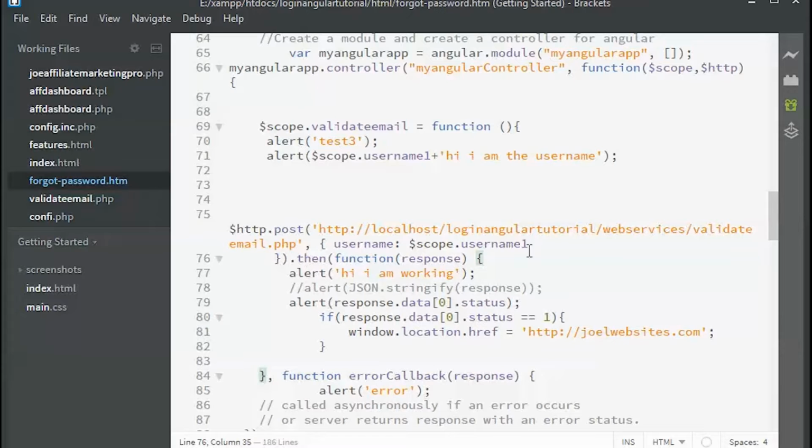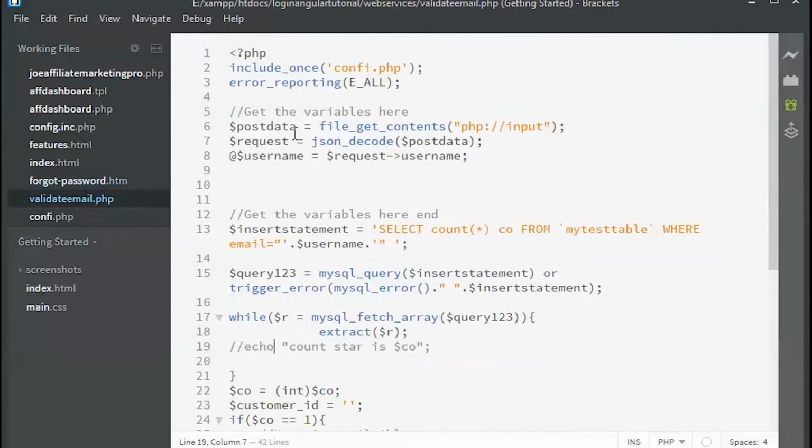So when this URL is called and this username is passed, this validate email will get the parameter from the request, that is the username. I typed in Joel J Fernandez @yahoo.com. Then this will be saved in a variable called username, and this string will be created: select count star from my test table where email is Joel J Fernandez @yahoo.com.